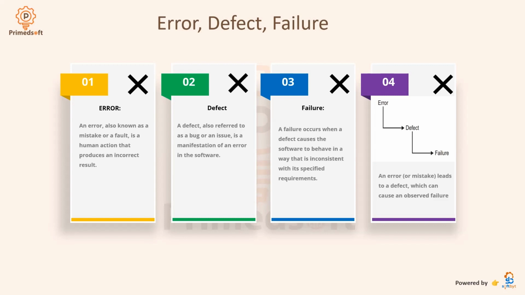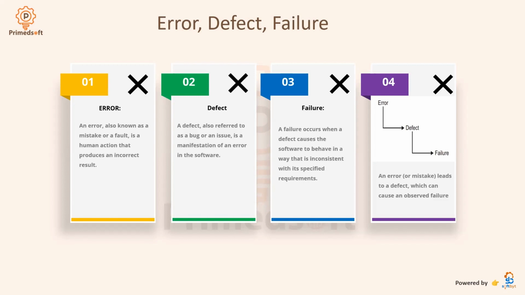So we'll still have a few more to go through. The next one we want to go into, we've mentioned what an error is. I mean, reiterate it, is a mistake or a fault. It's a human action that produces an incorrect result, right? So the next one is defects. I know by the end of this slide, you'll be asking what is the difference between defects, error, and failure. But I believe that before I go through all of it you should be able to note down the difference,